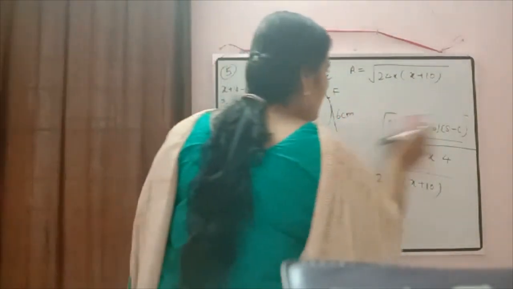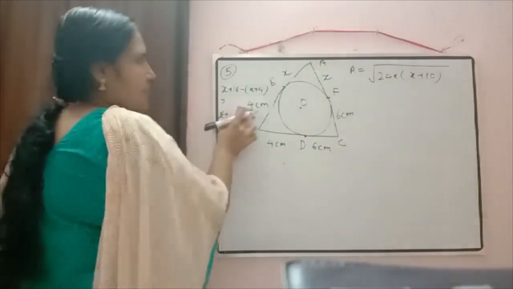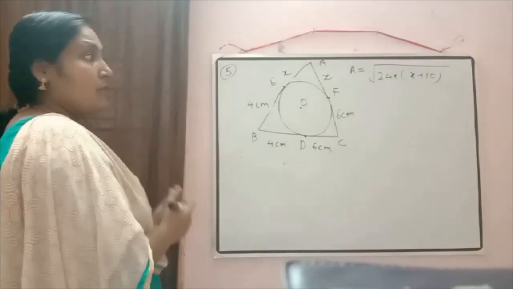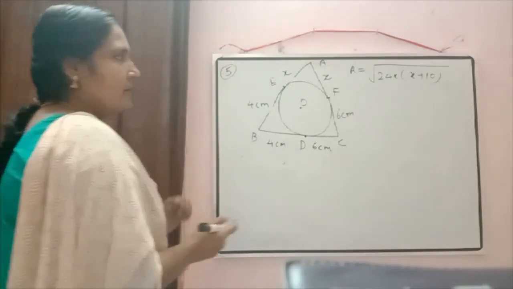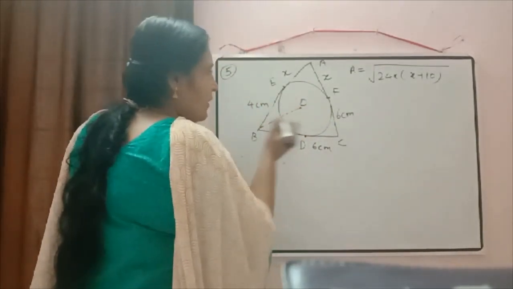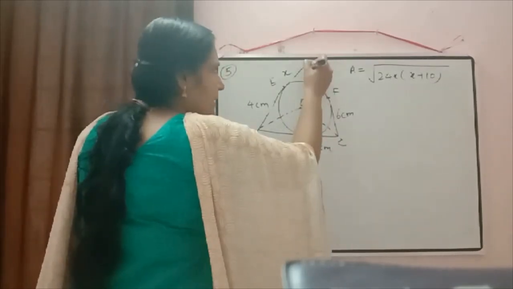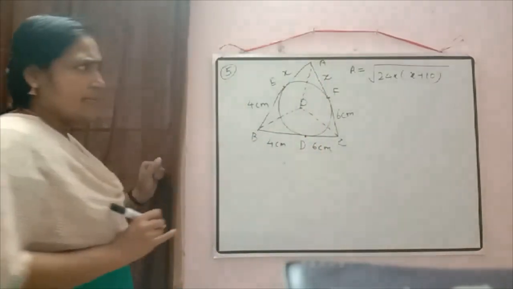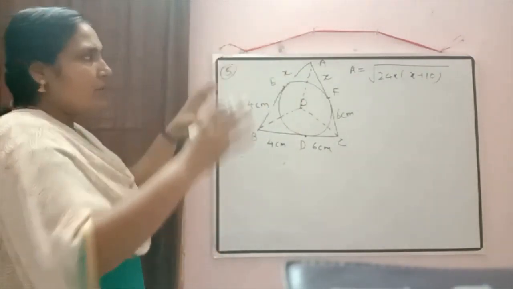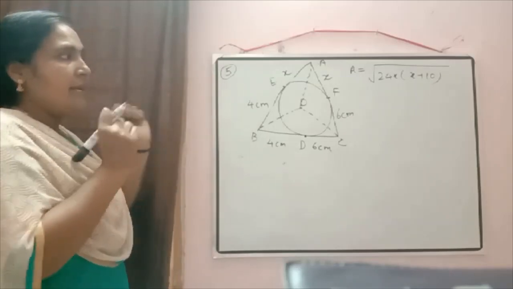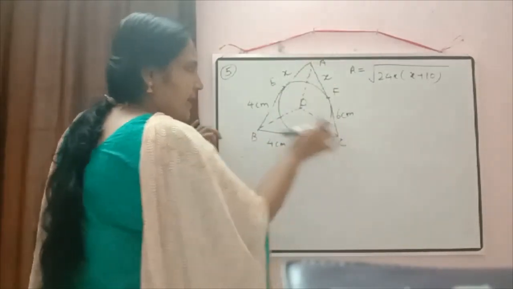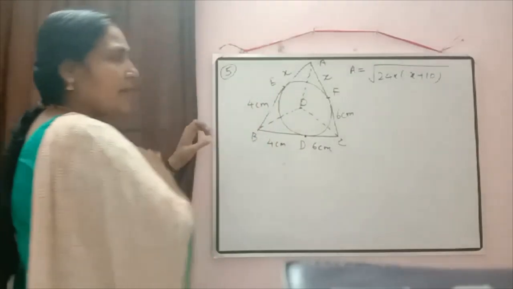We wrote there. Now area of same triangle can be calculated in another way also. So what is that way? Because till now we haven't used the concept of radius there. Now here O is the center. What I am going to do is I am joining OB, OC and OA. Now you just check there. When I have joined OB, OC and OA, then your whole triangle ABC is divided into three parts, correct? One is triangle BOC, second is triangle AOC and third is triangle AOB.